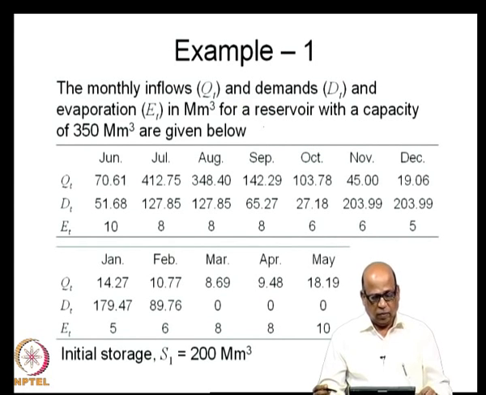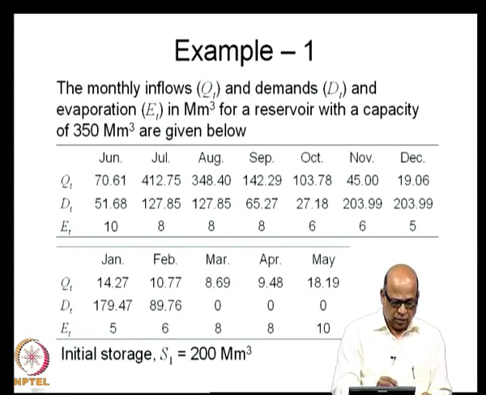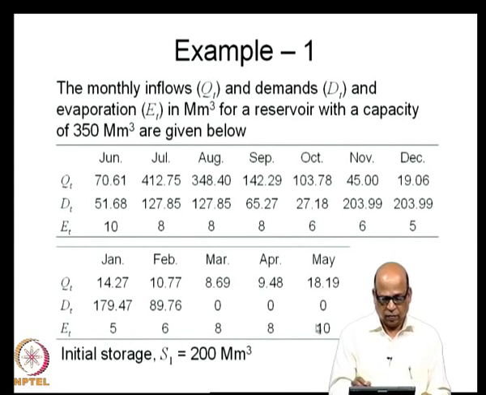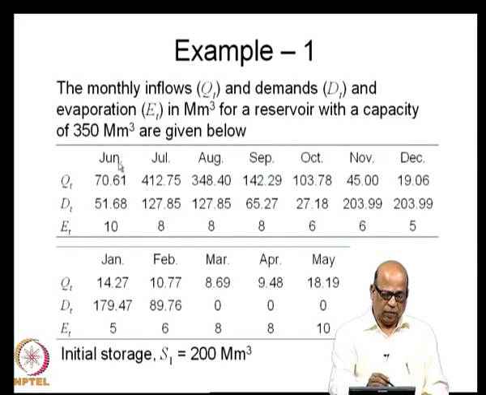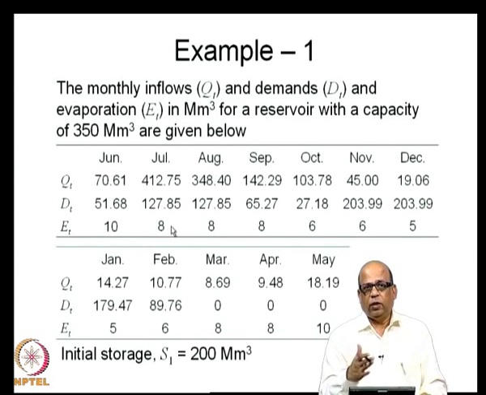So, let us take this example where we have the monthly flows Q T, and you have the demands given here, and then the average evaporation rates are given here. Now, when we specify E T like this, E T is also in volume, that is, the evaporation losses are also in volume. In general, what we are doing is giving an average evaporation from the reservoir. We are not specifying the evaporation as storage dependent losses, which can also be done as I have shown in one of the previous classes.